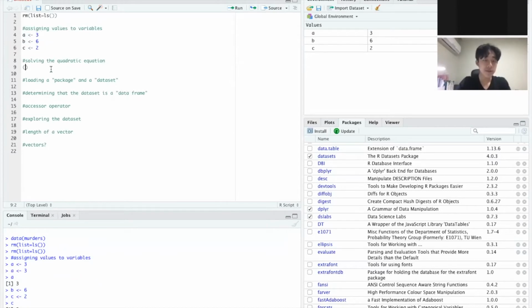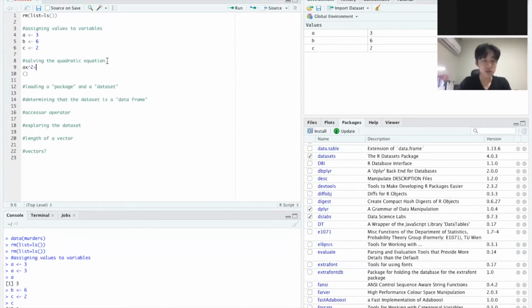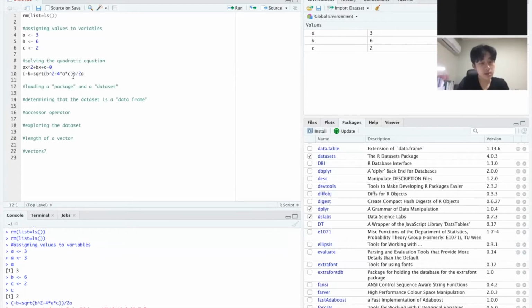And using this, we can also solve the quadratic equation that is like this one. I will use this as an example to show you how calculations work in R. So let's type the quadratic equation, minus b plus sqrt. Remember, this is in R, you have to put in these stars to denote the multiplications. Divide by 2a. And when I press this,